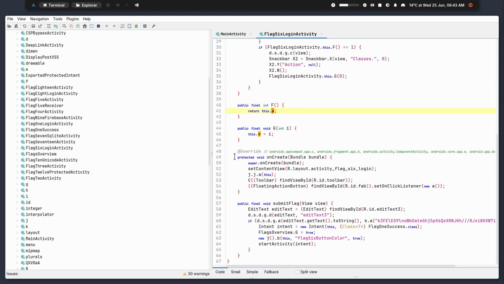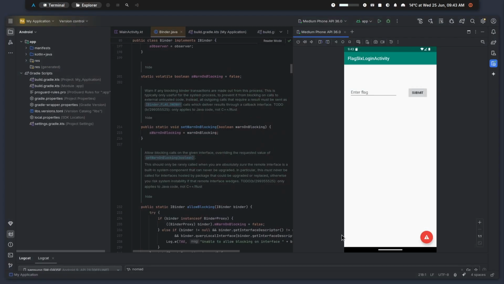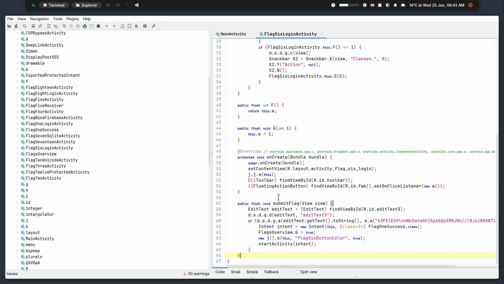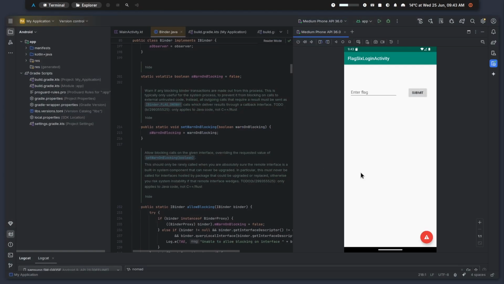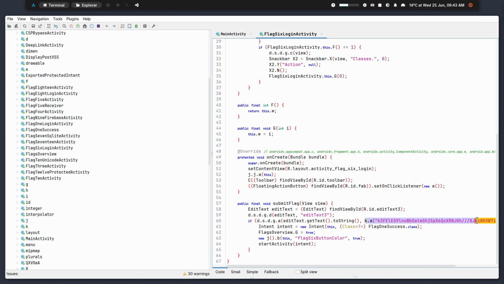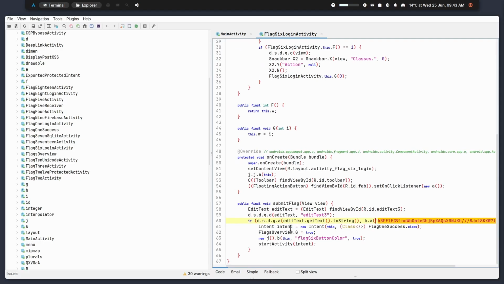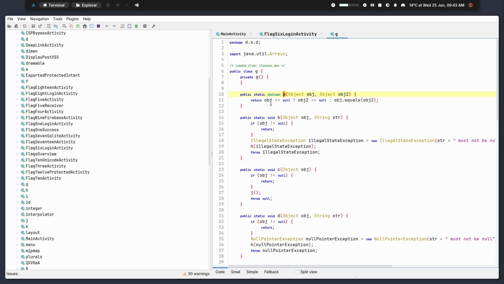If we scroll down here, we have solved this in a previous video. It is pretty easy. It's just calling a function with the string and it's decoding the string. But we can really easily solve this with Frida trace. Because we are tracing all of the functions of the application, if we would just enter any flag, we would maybe see the output that is being returned from this a function here, and this a function is probably going to decode, because right here we can see, let's just control click on this a function, we can see that